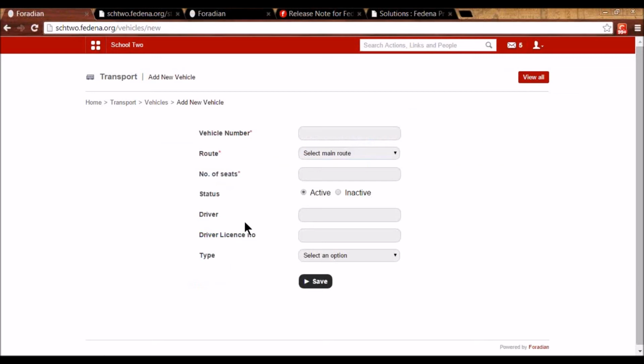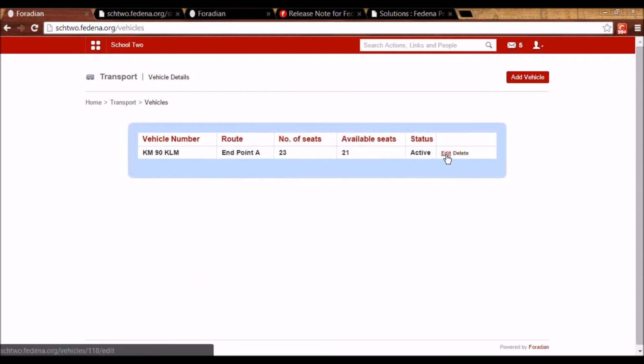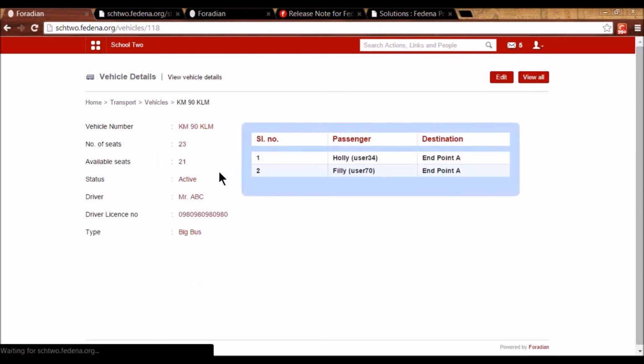So these are custom made. And also I'll be able to see them when I view it. So when you will see that when I view this vehicle, I'll be able to see these details that I filled in. So these are the vehicle additional details.